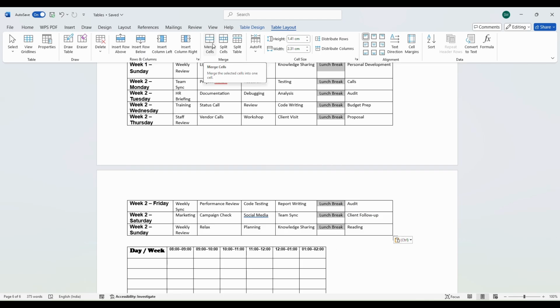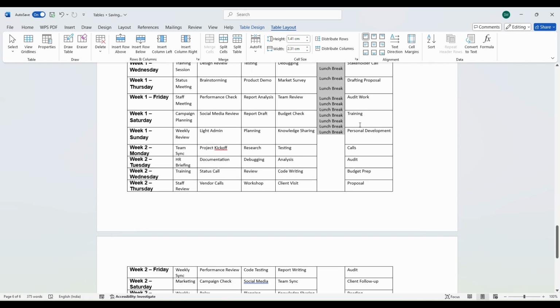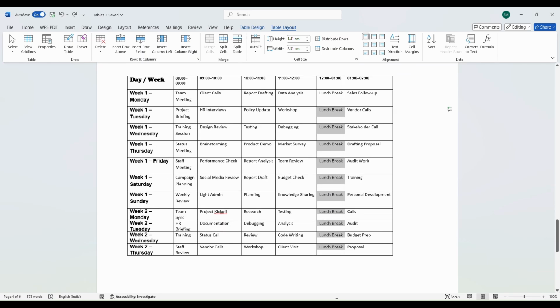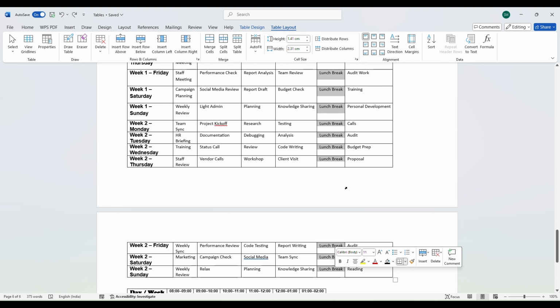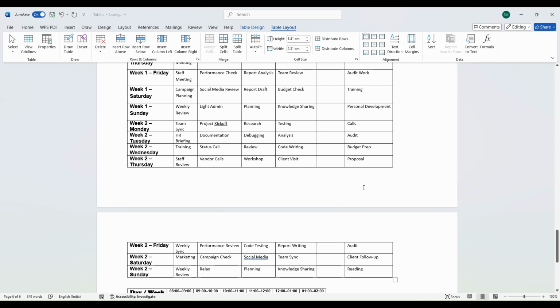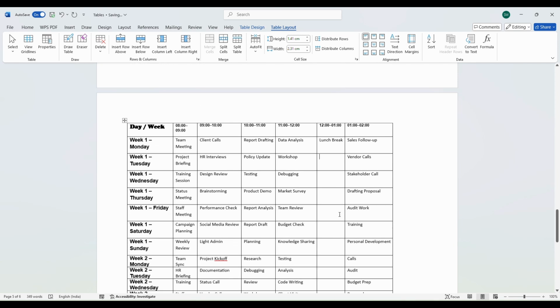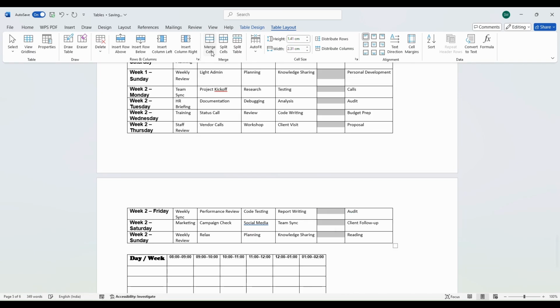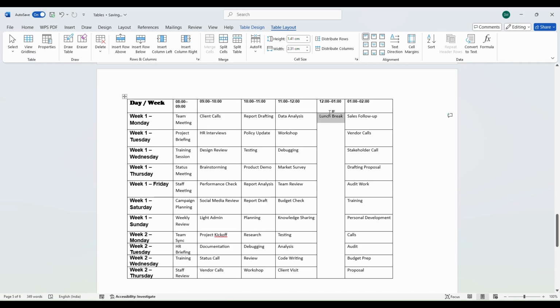What this does is it's going to basically remove the individual cells and merge the entire thing into one single cell. But right now the issue is it still says lunch break multiple times. So what I can do is select the content of all of these cells and just click on delete on my keyboard, so that the structure remains the same and there's just lunch break written one time over here. So now I can go ahead and merge these cells, and once I've merged it,